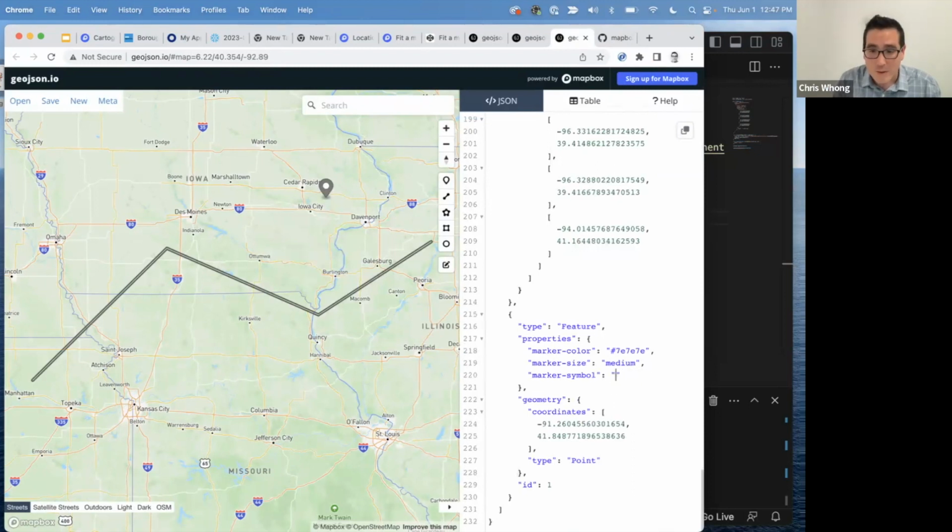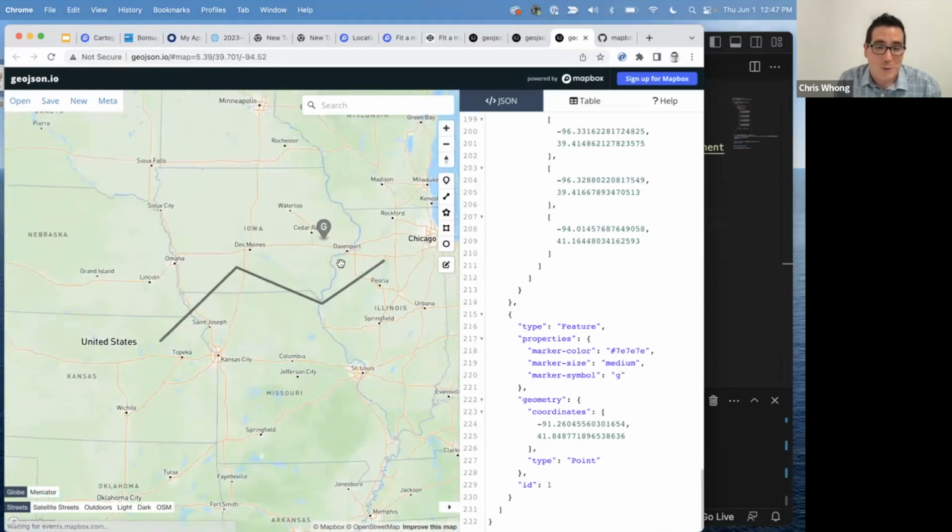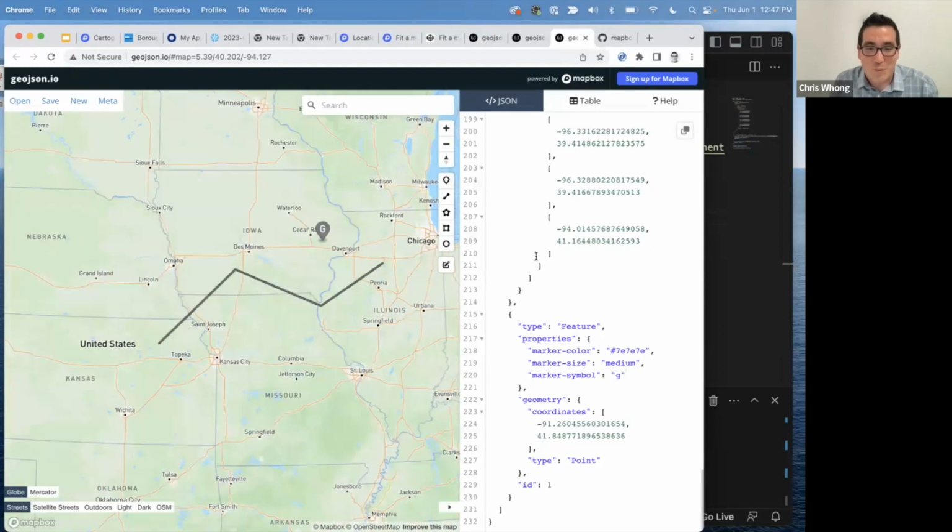So instead of this, I could say aerialway, and it'll give me a nice little cable car icon, or I can use a number or a letter. If I do 6, it'll show a 6. And if I do a letter G, it'll show, whoops, it needs to be a quote. It'll show a G. These are things that we removed when we were working on it last fall, and then immediately people were like, of course I'm using that, put it back. So finally, these are all back, which is great.